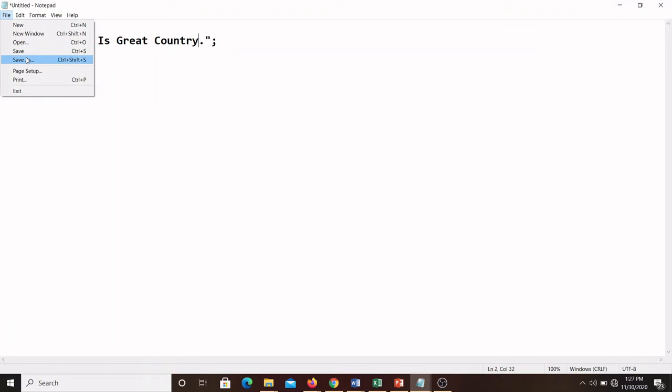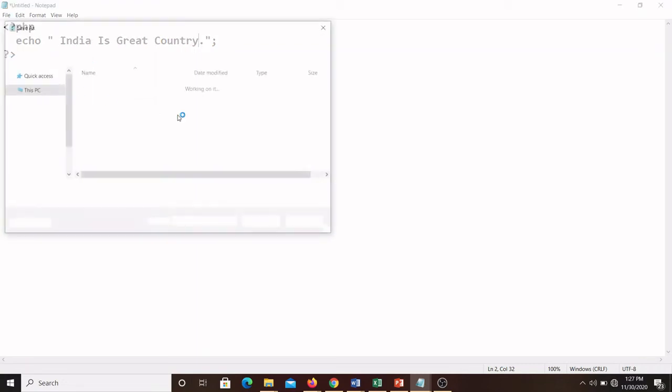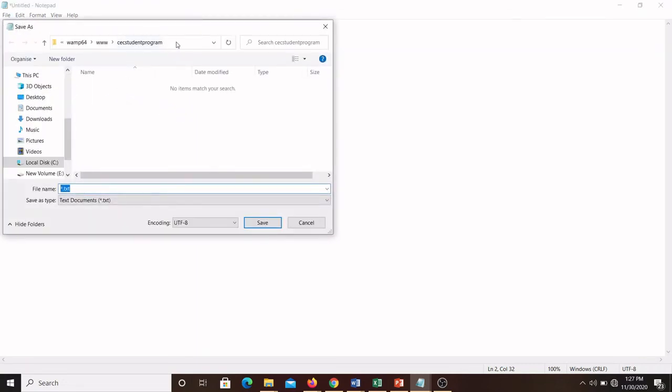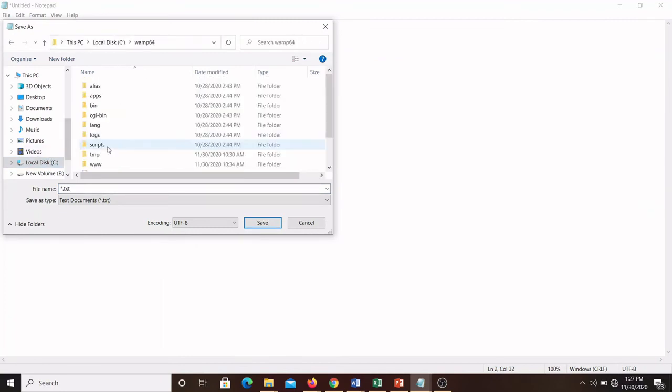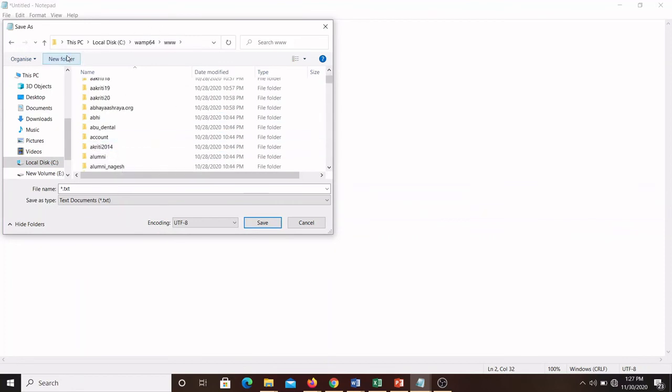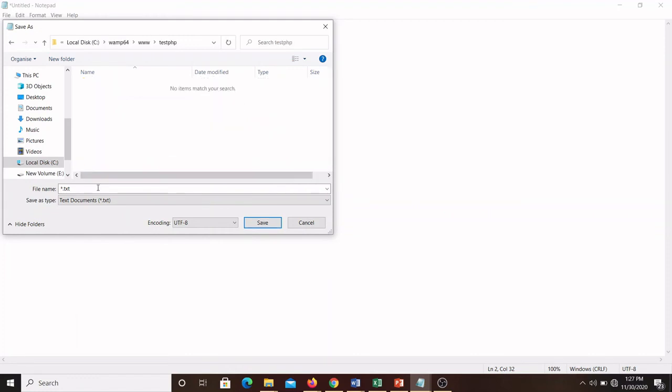Whenever you save this file, the extension of the file should be .php, and that file we have to keep inside the C drive, WAMP64, www, and there you can create any folder. I can write test php. I created one folder, and in that folder I write first.php.